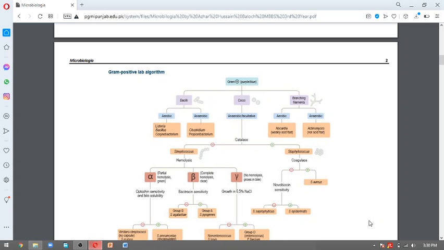Alpha hemolysis, you can see the shape of alpha, which is also like the shape of the alphabet O, so you can correlate them too. And for the last category, we know this is Enterococcus or non-enterococcus, such as Strep